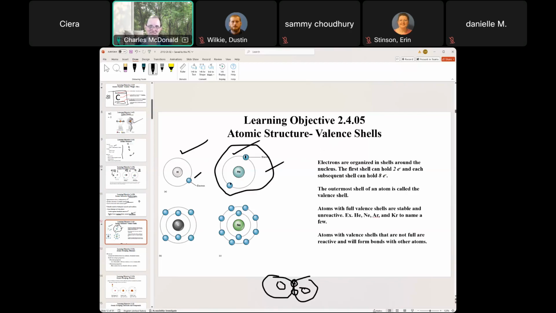It's not the most stable. Now, that's for these guys. Now, when we get up to carbon, remember we had 6 electrons? We always have 2 in the innermost shell, but the outermost shell can hold 8. Carbon has 4 there. Neon, which is like helium,